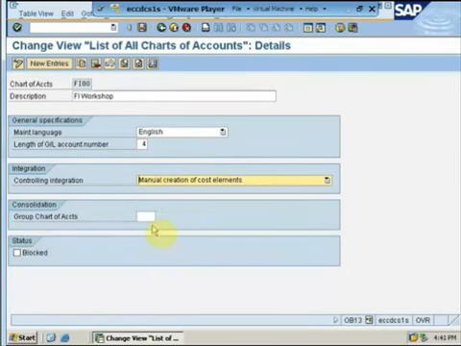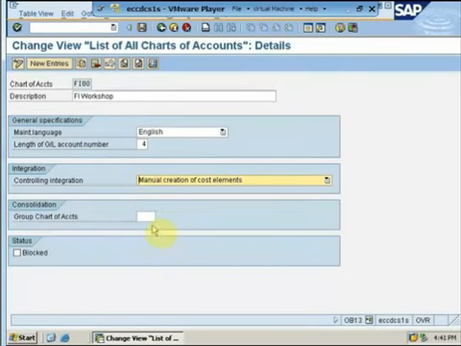If I move on to the screen, define account groups, as you can see, there are different account groups for different nature of GL accounts. For example, material. I create an account group for material. That means all my GL accounts related to material will be opened under this account group. This account group would have its certain number range. All my material GL accounts opened up under this account group will start off from a certain number and will end down to a certain number. For example, assets, they will start from 1000 and they will end up to 999999.